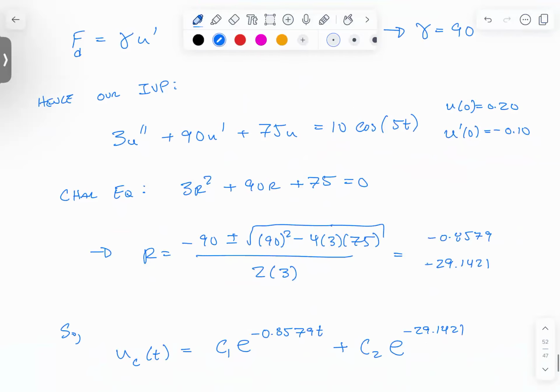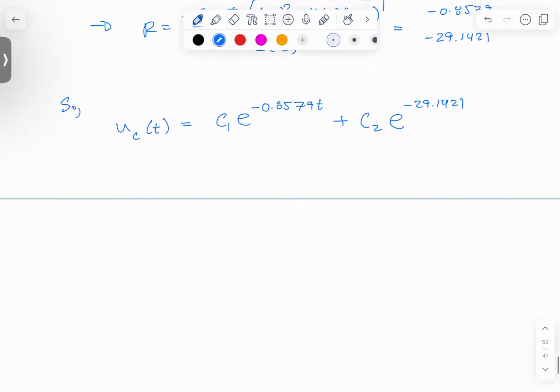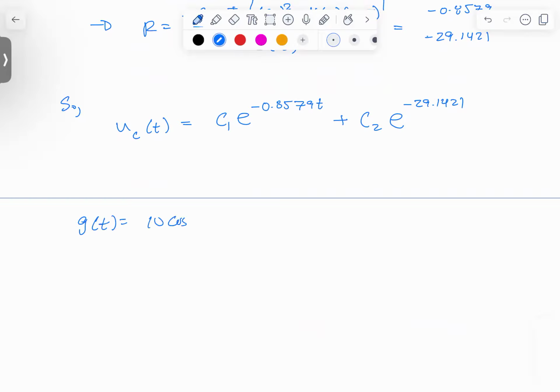So if I have my solution, okay, so I solved my homogeneous piece, right? In order to identify my particular solution, if I have 10 cosine 5t, what do we need to do? Turn in the sine cosine. We have to use the undetermined coefficients method, and have an appropriate guess, right? Because what we call g of t, let's call that f of t, right? But g of t was 10 cosine of 5t, which means our particular guess